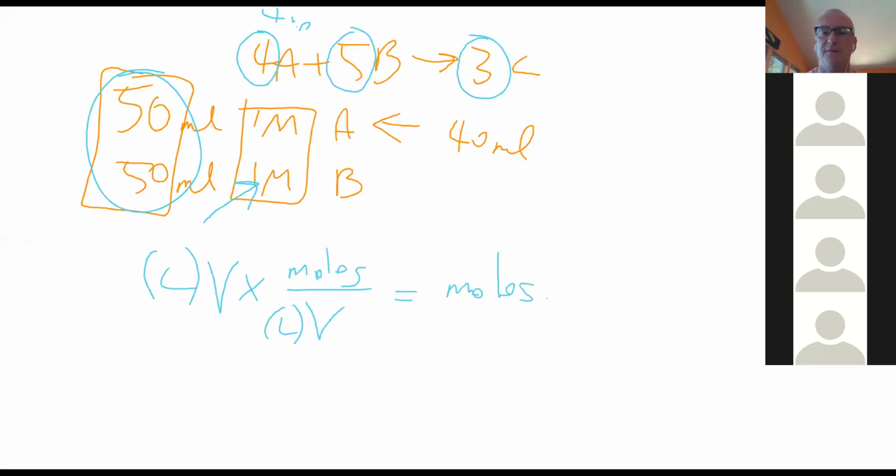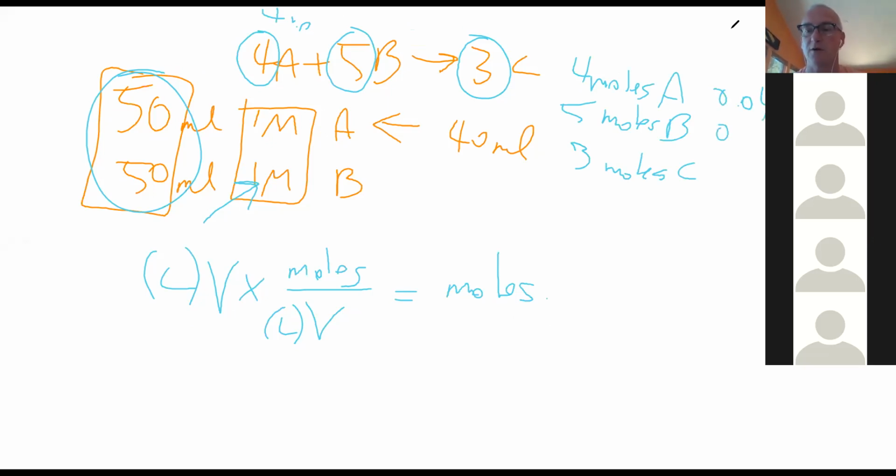So this means 4 moles of A plus 5 moles of B give 3 moles of C. And it means that in any ratio. In other words, 0.04 moles plus 0.05 moles gives 0.03 moles. That ratio is always the same. I can make this as many moles as I want. It could be as small or as large as I want, as long as the ratio of moles is the